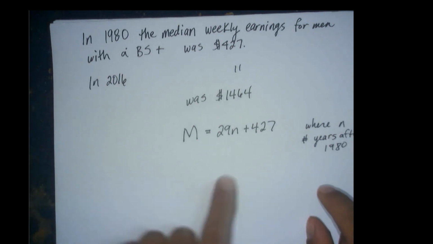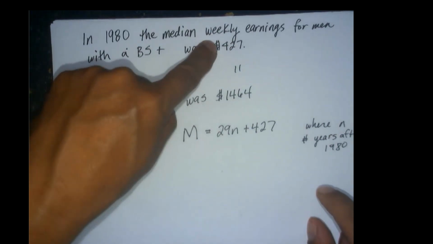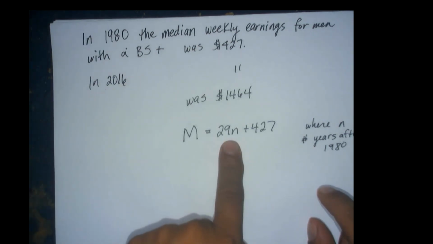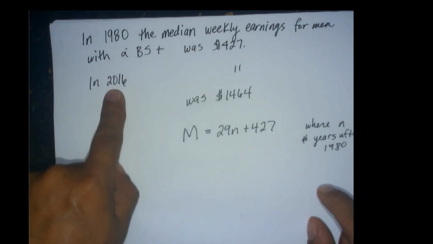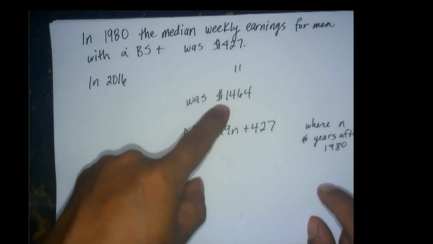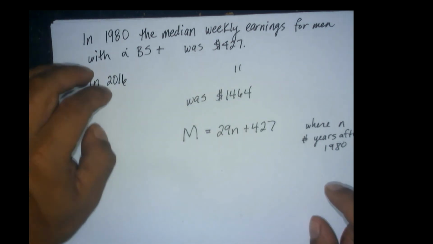So if I plugged in 0 here, look, I get 427, right? That'd be 0 years after, okay? And that's 36 years. So if I plug in 36, somehow I get 1464. I'm not going to check that, but I'm pretty sure that's what happens. So the question is,